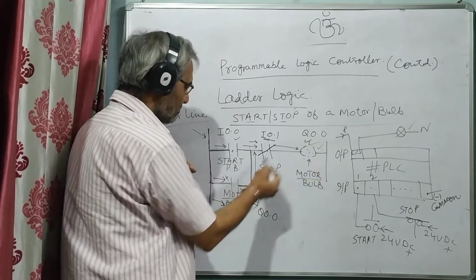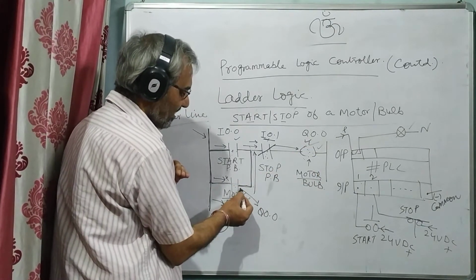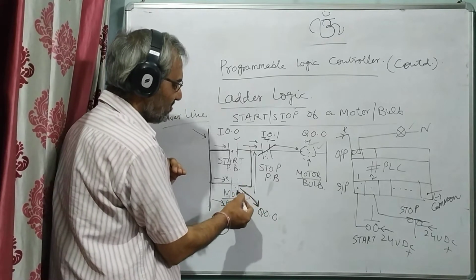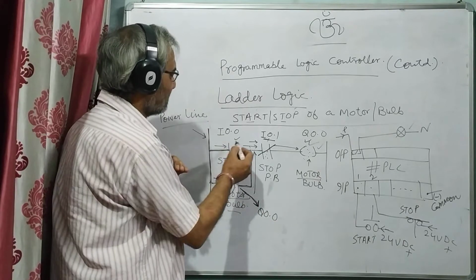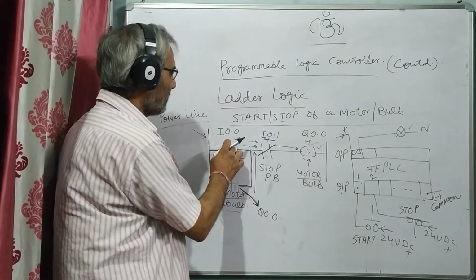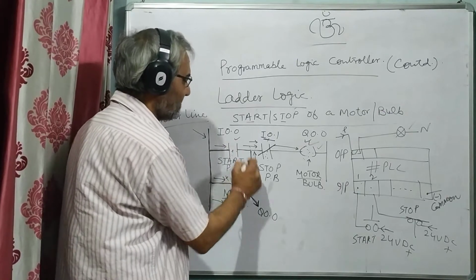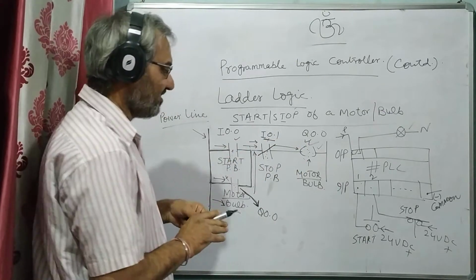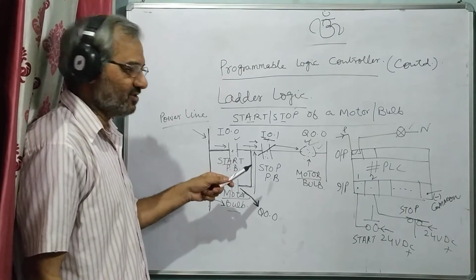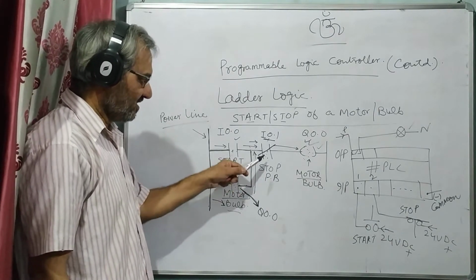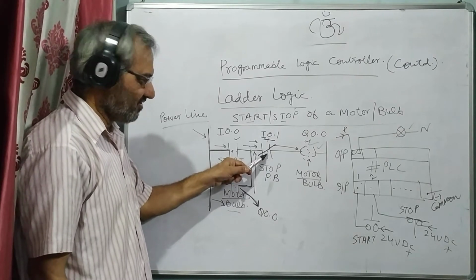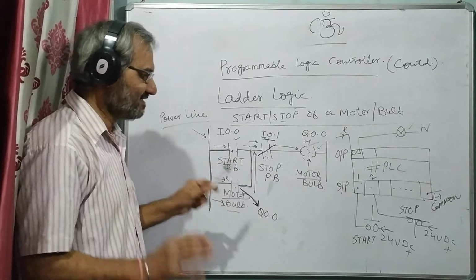The contact of this Q0.0, as earlier we had used, same we are using here, Q0.0, and this is in parallel. It will work as a latch. Now you have released this thing, power will flow like this, like this, like this. But the difference in the scheme, ladder logic, which we had used yesterday and today, is this contact earlier we had used as NO contact. Today we are using this as NC contact.